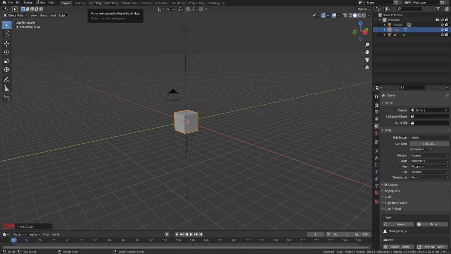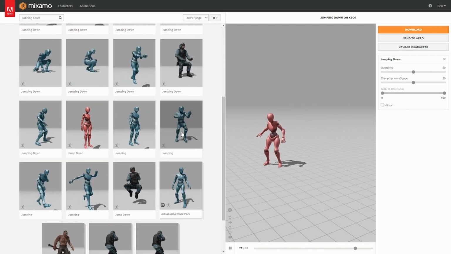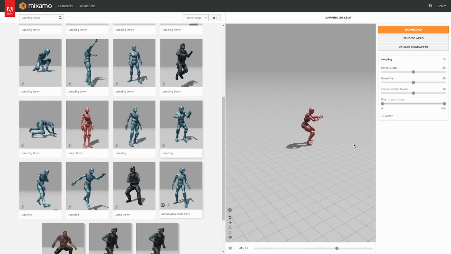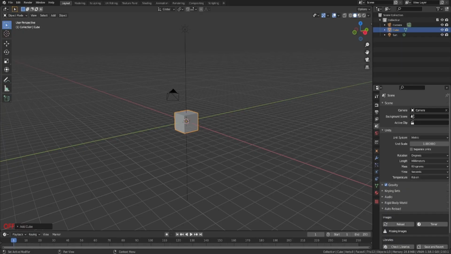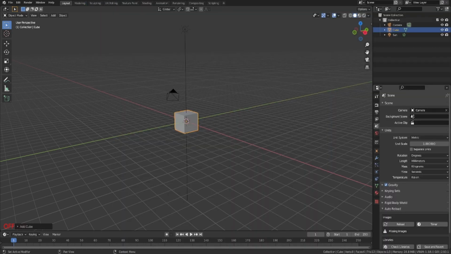For starters, you're going to want to go to Mixamo or really any other motion capture library. There's a lot, actually. You'd be surprised. I've got a list here. There's a website called Deep Motion where you can load in videos of any human doing stuff. I haven't used it a tremendous amount, but it seems pretty reliable so far. You pop the video in, and it uses some AI to create an FBX for you of a character